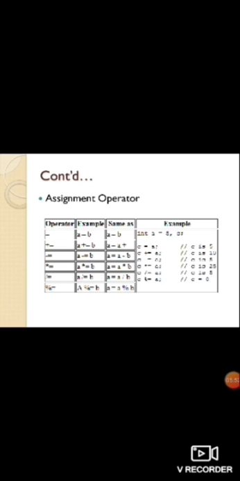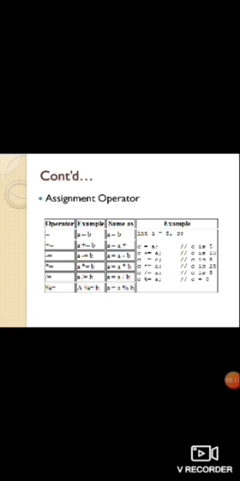Now c equal to c plus a: as the content of c is 5 as well as the content of a is 5, c equal to 5 plus 5, that means 10. So the current value of c is 10.